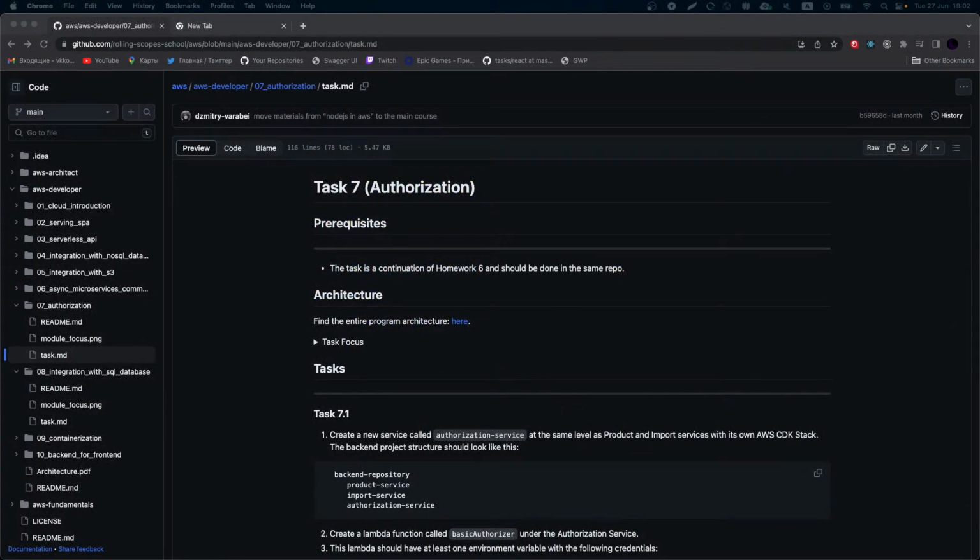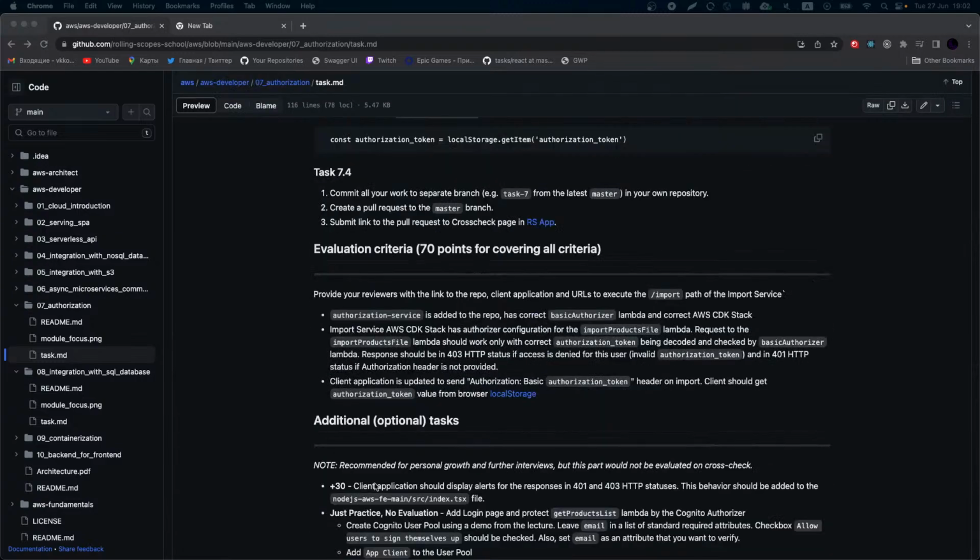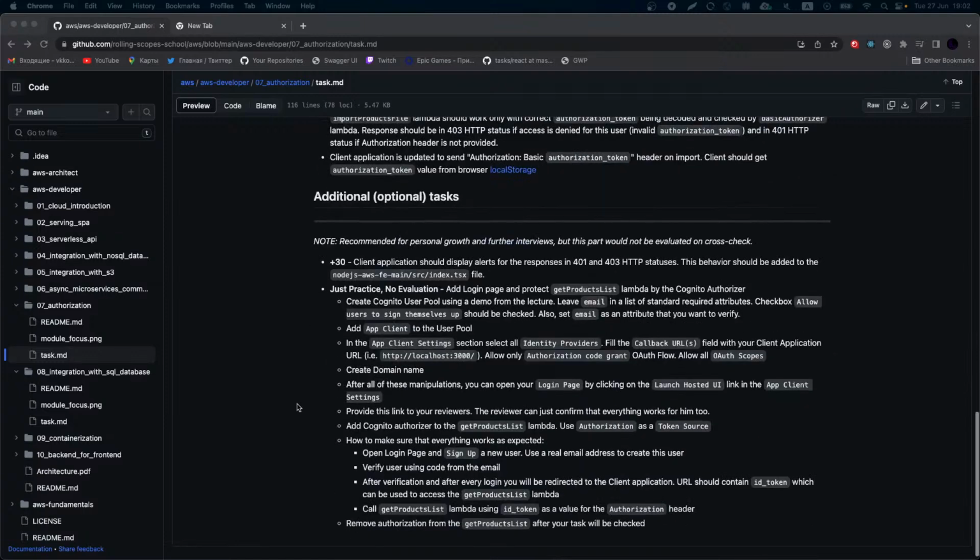Hello everyone. Today we're going to talk about our seventh task, and this task is about authorization. I checked this one, and basically it's not very hard for you. I believe 6.1 should be much harder for you, but inside task 7 we have an additional challenge, which is actually just for practice, no evaluation, but I really recommend you go through this one and try to connect Cognito. And let's go for the seventh task